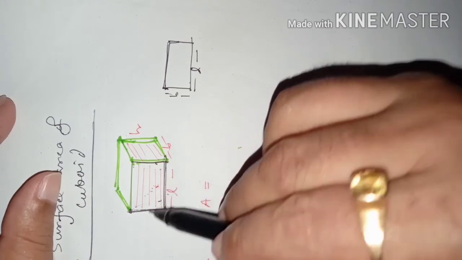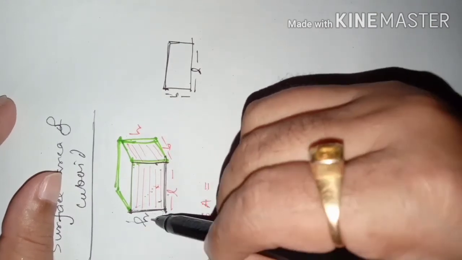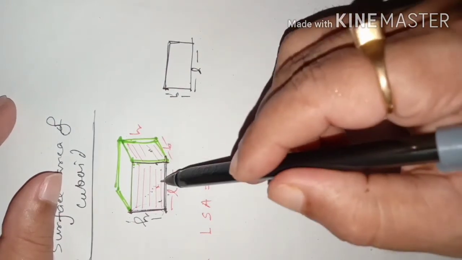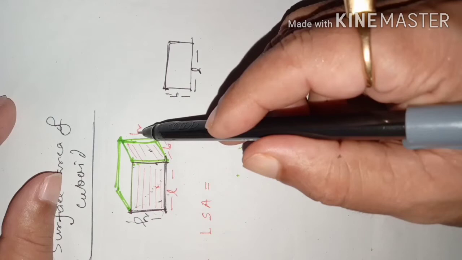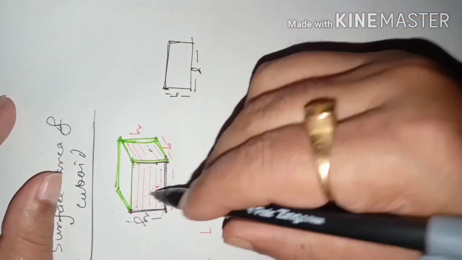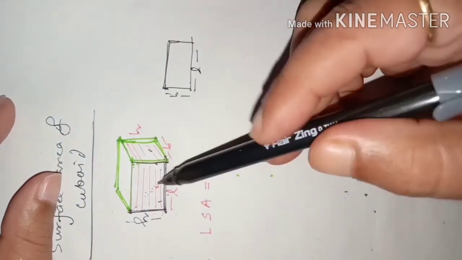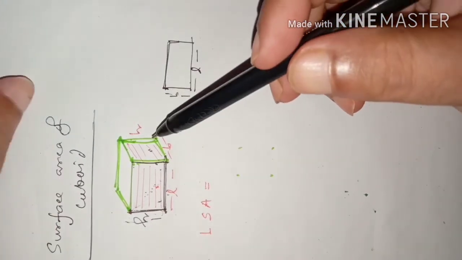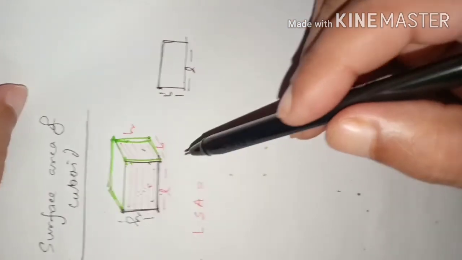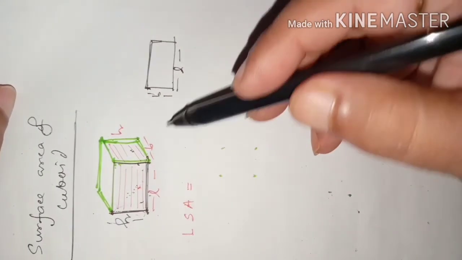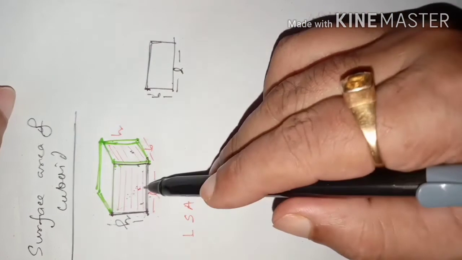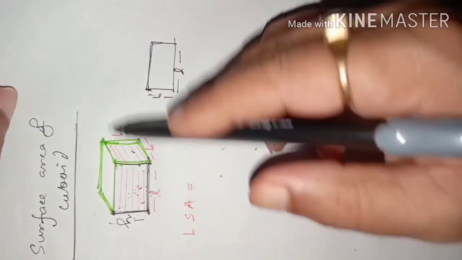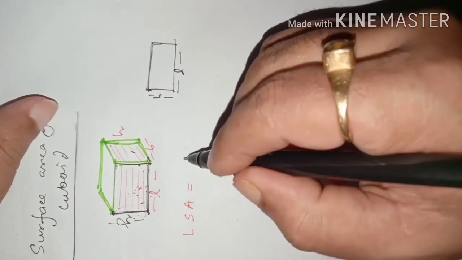That is length multiplied by height, because one side is height. Next, what is the area of this wall which is adjacent to this wall? Its area will be breadth into height. So length into height will be 2 times, because opposite to this wall another wall is there. You can imagine sitting in a room, one wall is opposite the other wall. So one wall's area is length into height, another wall's area will also be length into height, equal and opposite. So you can say like this, 2 times